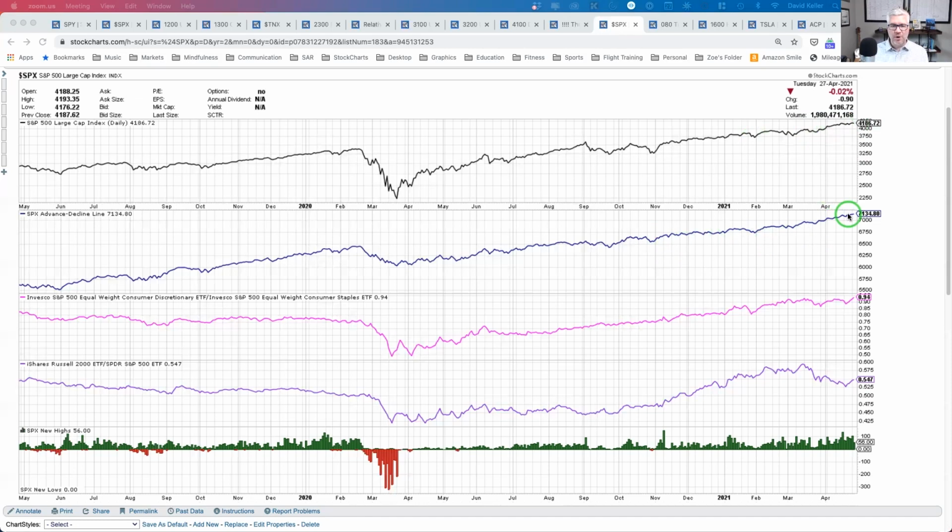What often happens at a market top is the S&P goes higher, but the cumulative advance decline line starts to slope lower. That indicates individual stocks are starting to rotate down, but the large mega cap, more defensive names are continuing to go higher, and that's enough strength from the largest stocks to keep the index going higher. But the advance decline line is an equal weighted measure. It looks at all 500 companies on an even footing. So if a lot of the stocks start to roll over, the advance decline line will roll over, but the S&P will continue higher. That did not necessarily happen here in January and February of 2020.